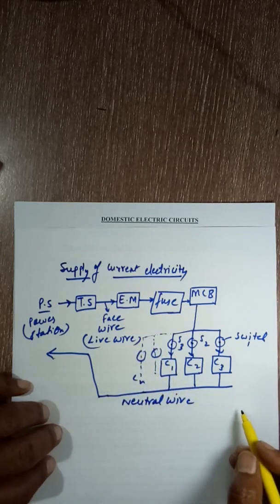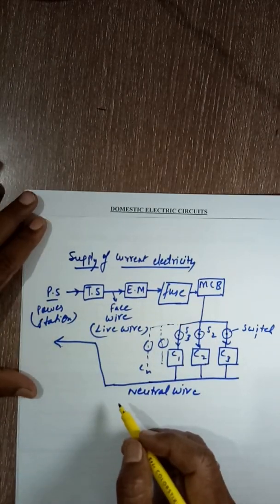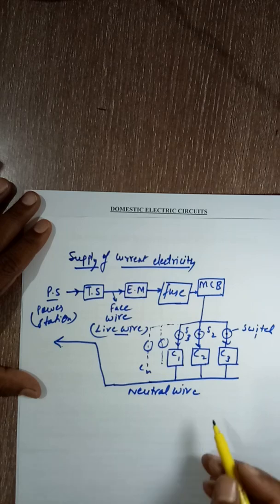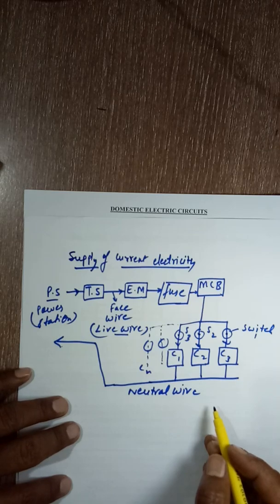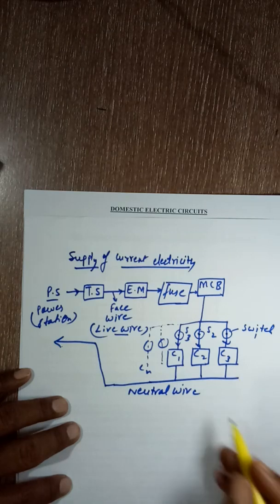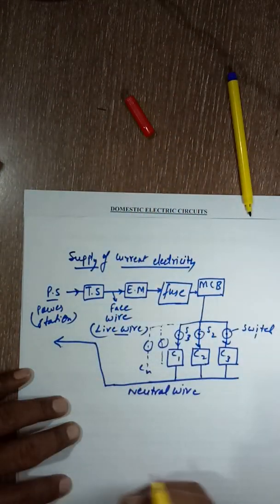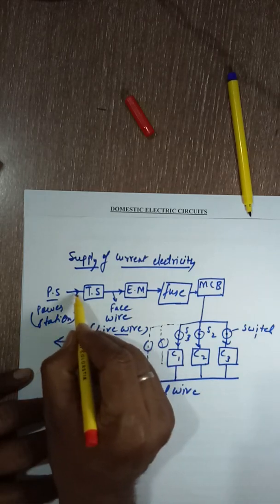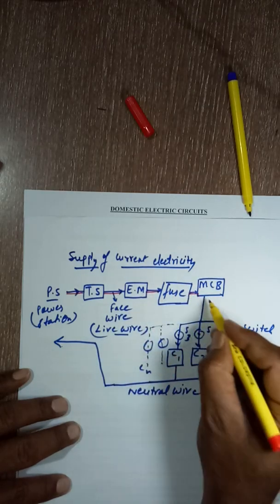So this is the basic fundamental. Now apart from this, one more wire is there. This is the phase wire, the live wire. This is the neutral wire. Now one more wire we have at our houses for safety purposes. That wire is attached to the body of the component. This is the phase wire in red.